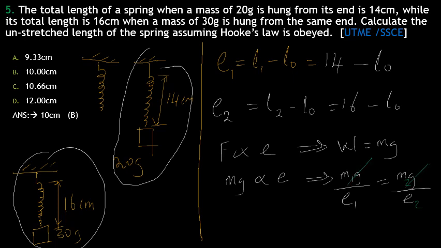And then here, the mass m1 is 20. We have to maintain the unit gram since the options carry cm. So 20 all over the extension in this case, 14 minus L0, is equal to m2, which is 30, all over 16 minus L0. If we cross multiply, we are going to get that 20 times 16 minus L0 is equal to,